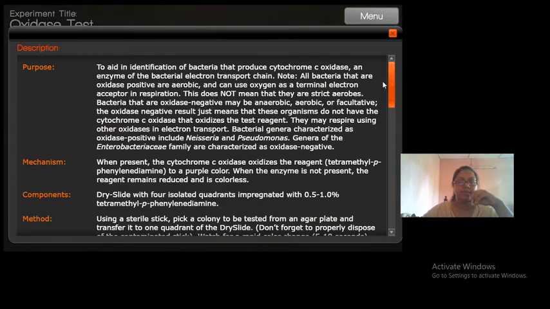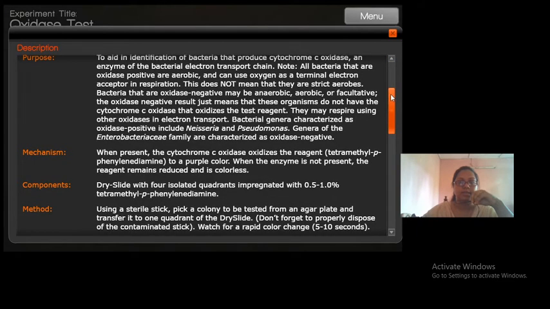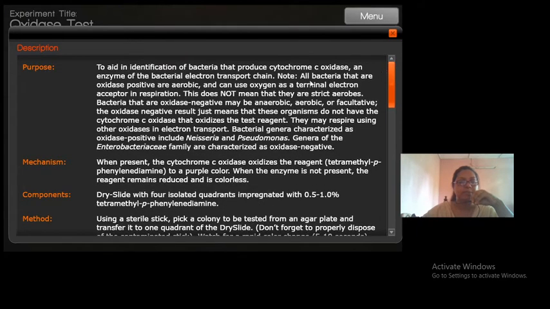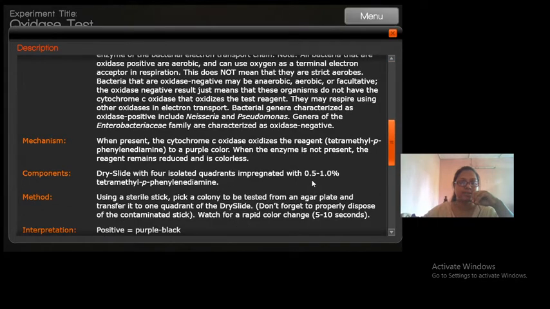Now this is a little literature about the oxidase test. Basically, the principle is that if an organism produces the enzyme cytochrome C oxidase, it oxidizes the oxidase reagent, 0.5 to 1% tetramethyl paraphenylene diamine.